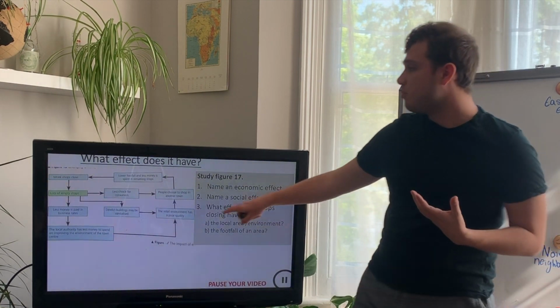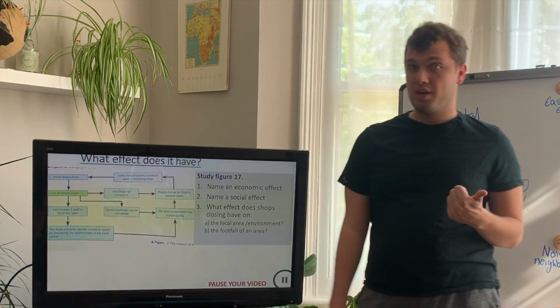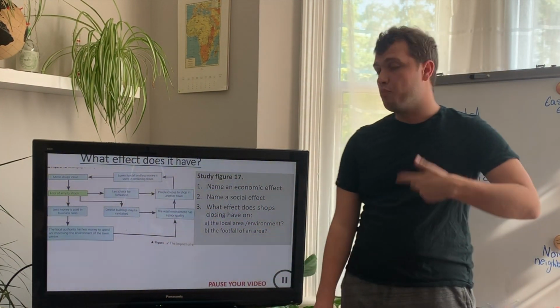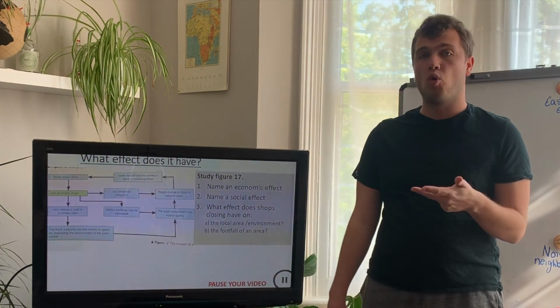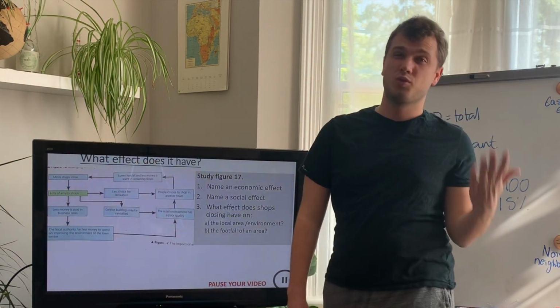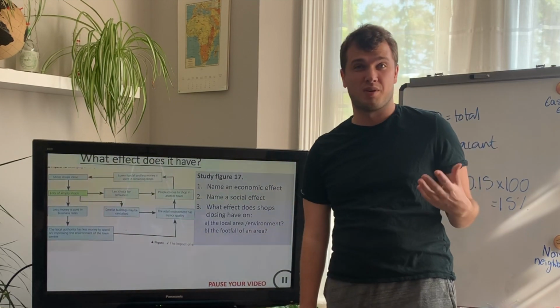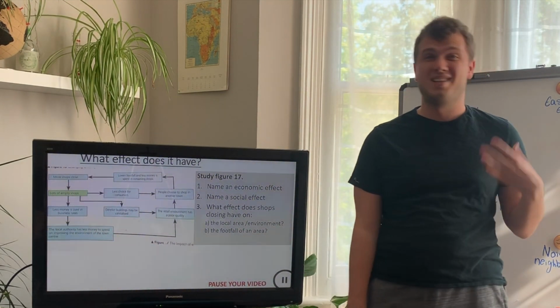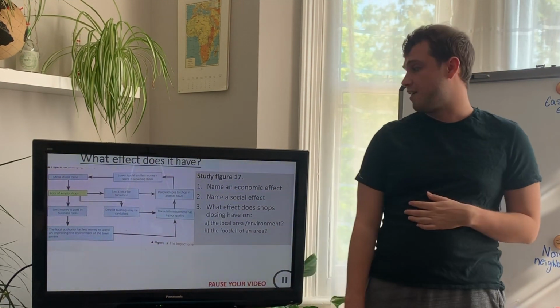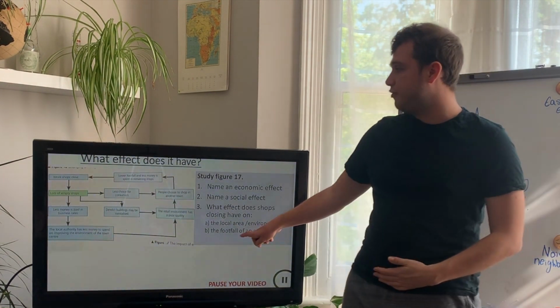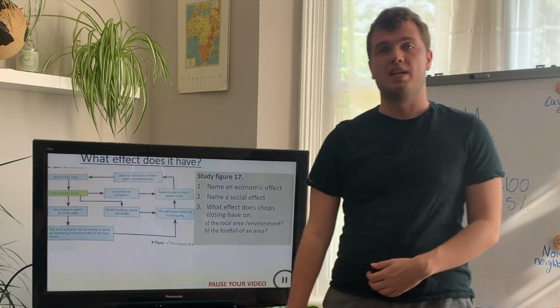Effects on the local environment with these two: there are lots of derelict buildings, they can become vandalised, which means the retail area then has a very poor quality, so it starts to look run down. This can also lead to an increase in crime, because if you've got lots of quiet high streets and empty buildings, you're more likely to have crime occurring. And in terms of footfall in the area, there's less footfall, there's less people.